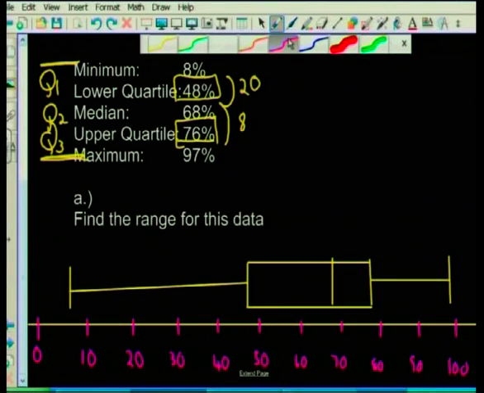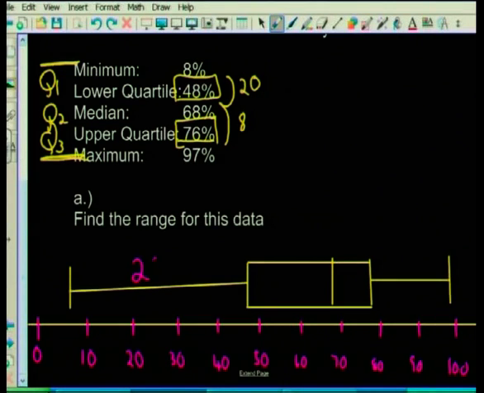It means that 25% of the kids had between 8 and 48. 25% had between 48 and 68, 25% between 68 and 78, and another 25%